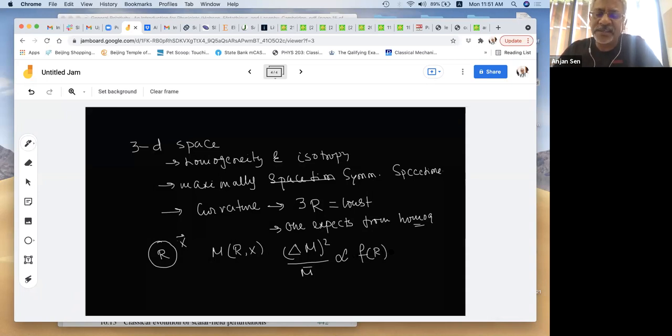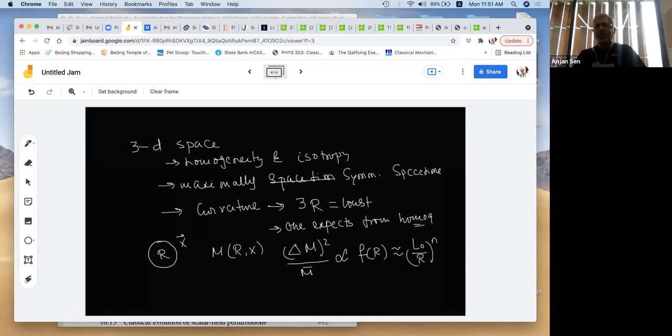This is a dimensionless quantity, so it is some length divided by r, to the power n. It doesn't matter what the n value is; roughly n is 2. So it varies like r to the power minus n. If I take the size of the box, or the radius of the sphere, different, this quantity goes like 1 by r, something like that. Now if I take r sufficiently large,